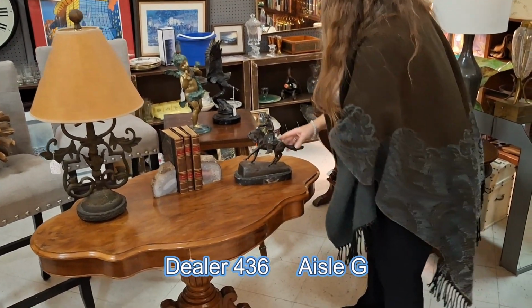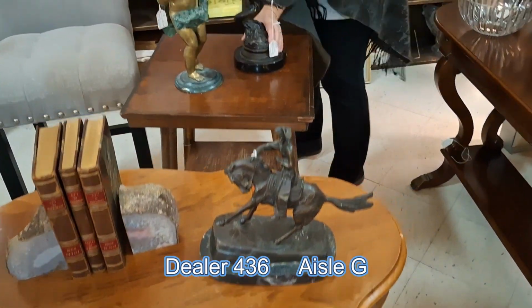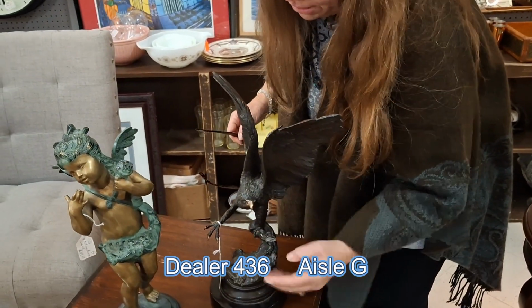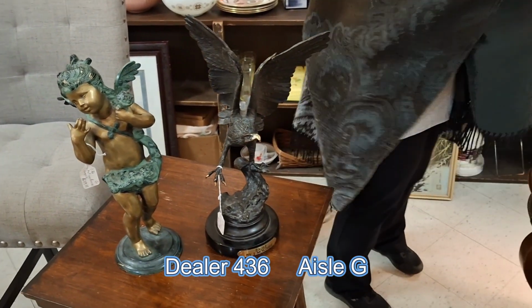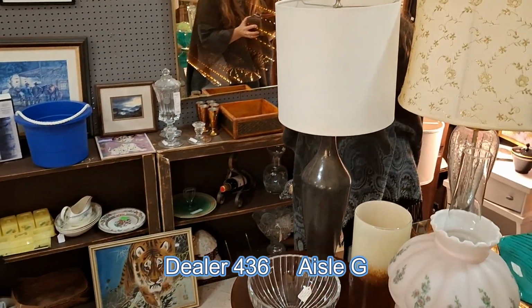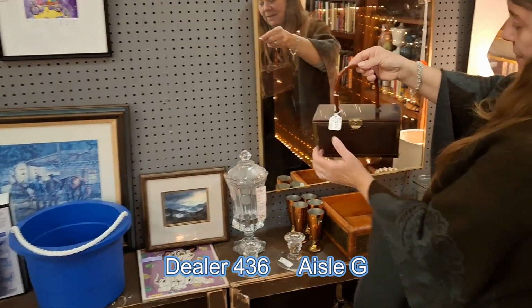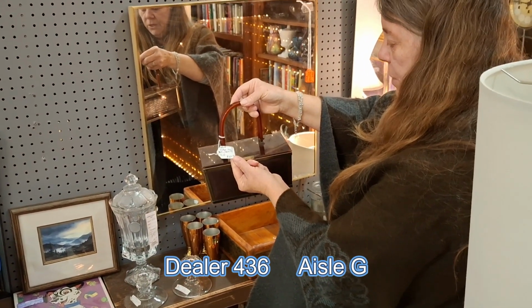Isn't that cute? Here's a nice little eagle with a golden beak. When I get pecked by that, you'll know you've been pecked by something. Oh, look at this. Isn't that sassy? Isn't that cute? $129 for a vintage